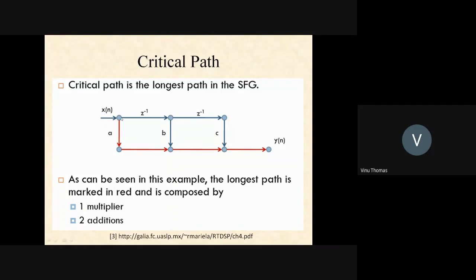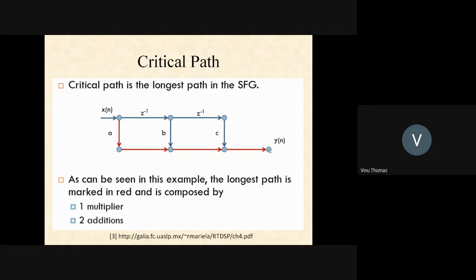So we have seen that these multiplications can occur in parallel. So this is one multiplication. Once you get this, you have to add these two values. So you require one addition. And this also has to be added to this. So you require two additions. So what is the total number of multiplications required in the longest path? It is one multiplication and two additions. I hope this is clear. If this is not clear, you can interrupt me and ask.